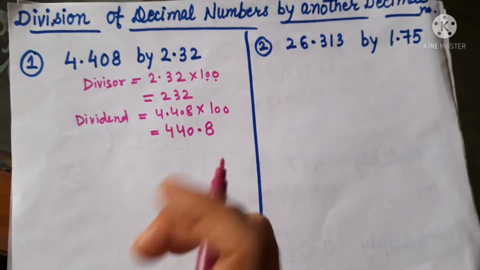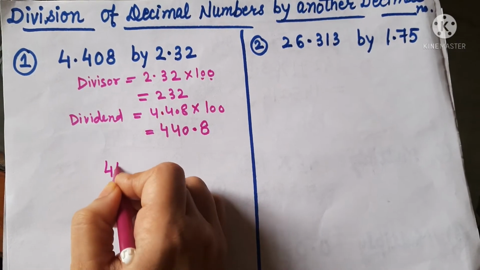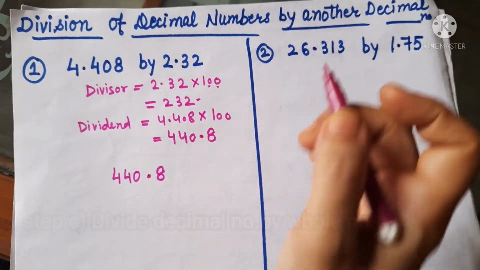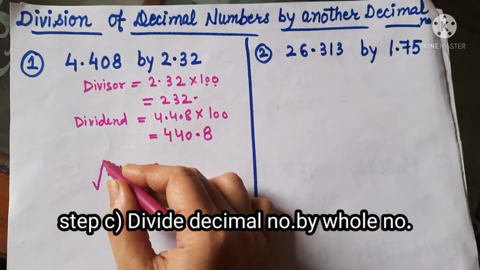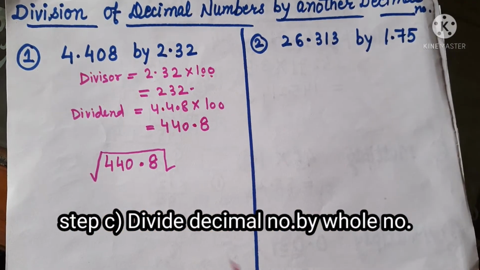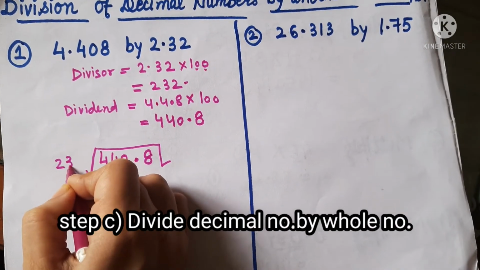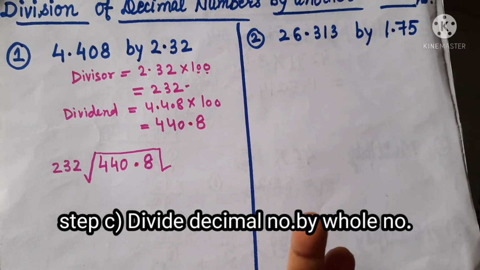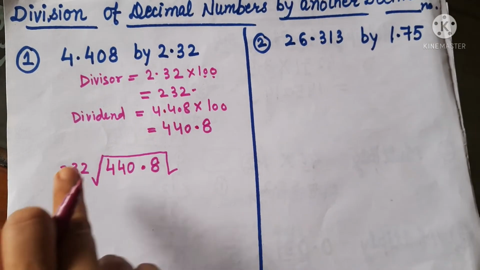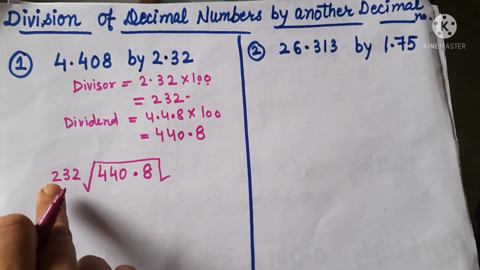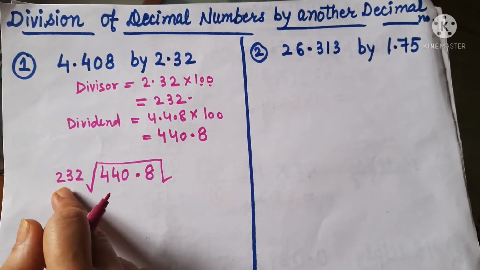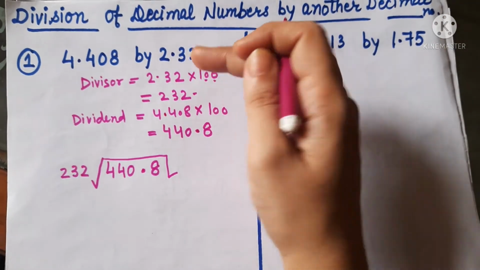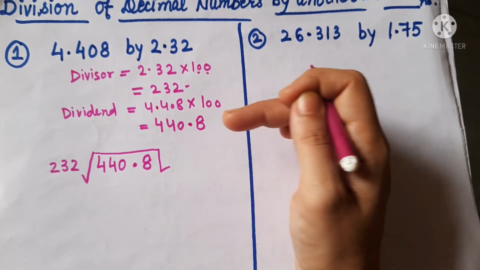So what are the terms we have now? We have the dividend 440.8, and the divisor, by which number we are going to divide, will be 232. So now it will become a simple division, meaning the division of a decimal number by a whole number, not a decimal number. We have converted the divisor into a whole number, and we proceeded the same way in the dividend also. Now